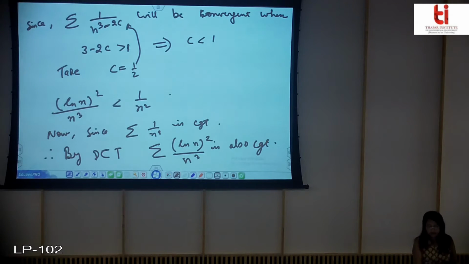So you have seen in this example that sometimes it is better to use a direct comparison test rather than the limit comparison test, because the choice of Bn is needed in a limit comparison test also, and in this you also have to choose some Bn for which the test works. So it is a difficult task. Sometimes the limit comparison test is easier to do, and sometimes the direct comparison test is easier to do. Okay, so let's do another example.